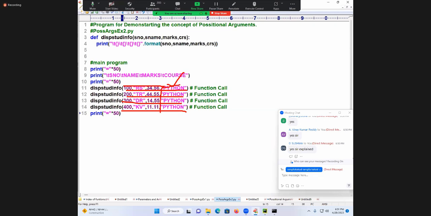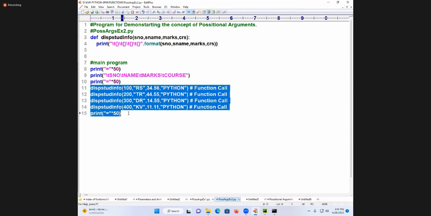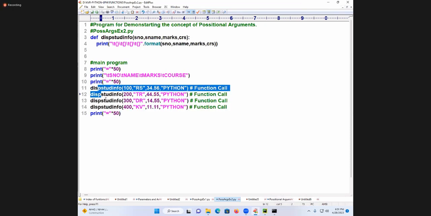If you carry the same value again and again, is it not heavy work between the function call and function definition? Would you like to transmit it every time? No. How many times would I like to transfer? One time. So what did you understand with this? When there is a common value for multiple function calls of the same function, say used 4 times, which value are you passing? The common value.